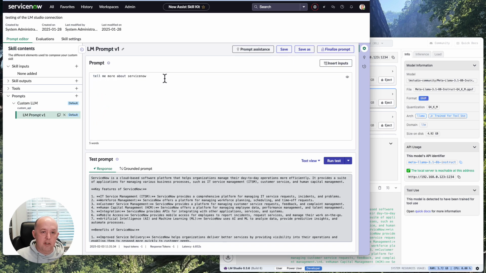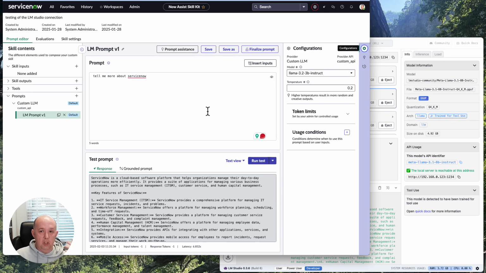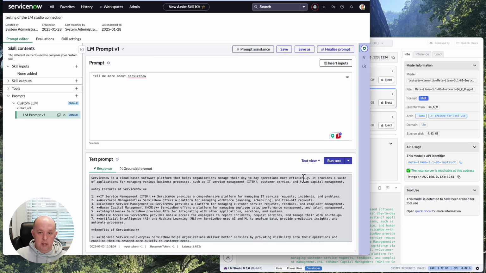So I've done a very simple prompt: tell me more about ServiceNow. You'll see I clicked on the cog icon, the configuration icon in the top right hand corner, and because I've picked my custom LLM as provider, I now get to choose the different models that we've defined in here already. So here are the instruct ones, Meta Llama 3.1, Llama 3.2. So if I pick 3.2 for example, and we just get rid of that,